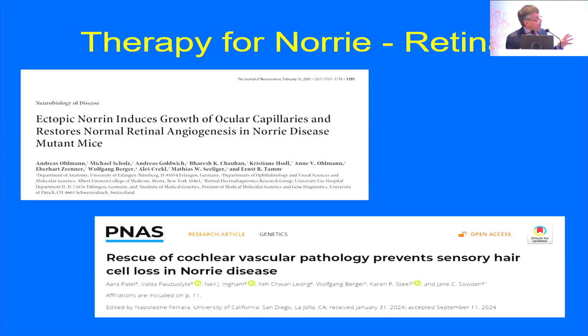So where are the other therapies going? From mouse studies, we know that if you have a knockout model in which norrin is not produced in the retina, but you engineer the mouse to have an ectopic source of norrin in the lens, the retina develops normally. So if we had some way of giving the child a supply of norrin, but it's not